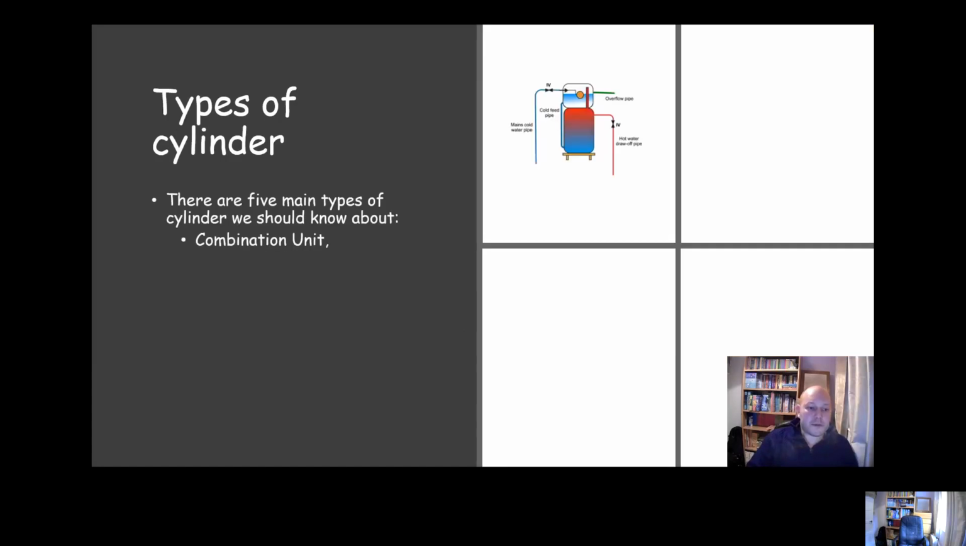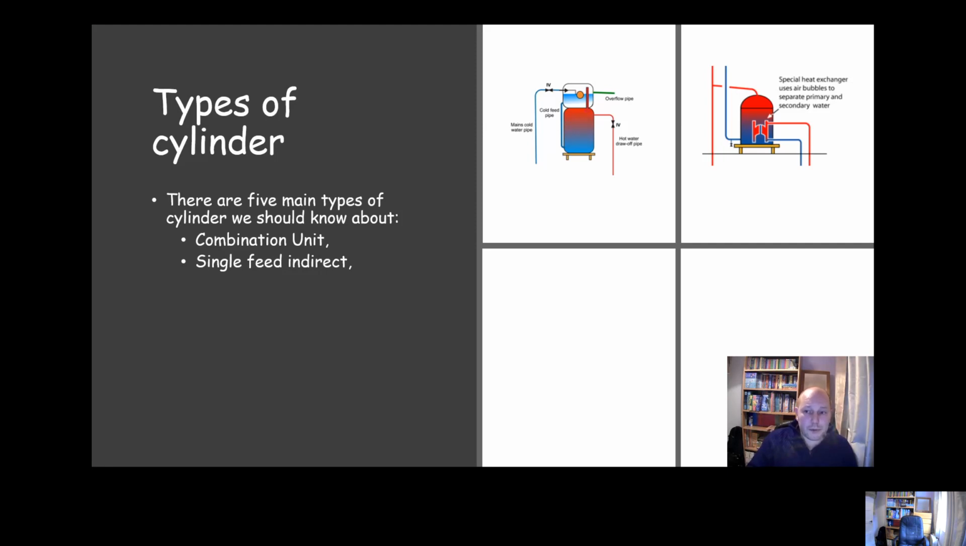There's 5 different types of cylinders we need to know about. A combination unit, this is a cold water storage system built into the cylinder itself, that's why it's called the combination unit. Delivers very low pressure water, which we're going to talk about a bit later on. A single feed indirect cylinder, not something that's fitted anymore. We're going to talk about that and be able to hopefully recognise that system and cylinder by the time we